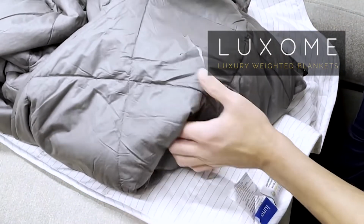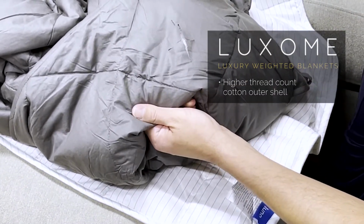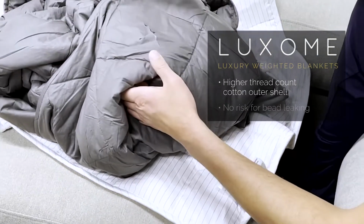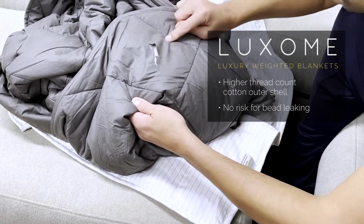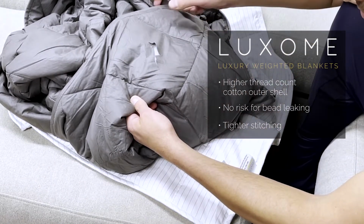So let me give you an example of one of our inner weighted blankets. We pay a lot more for our cotton because it's much higher thread count, but because it's higher thread count, there's really not a lot of risk of the beads leaking through these stitching holes. You can also see our stitching is significantly tighter than this one. Well, you probably can't see it,